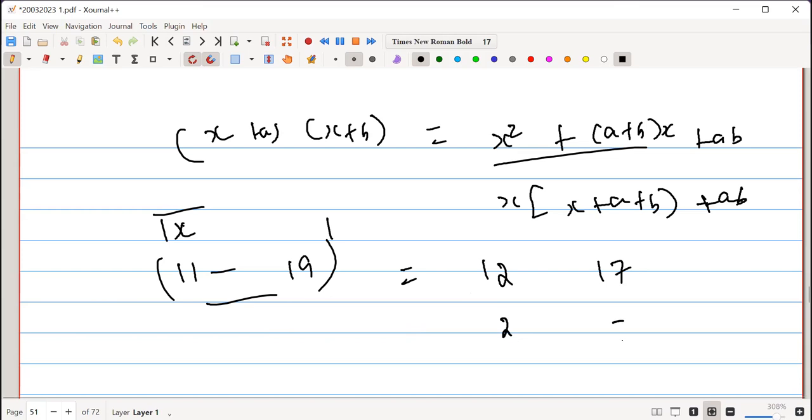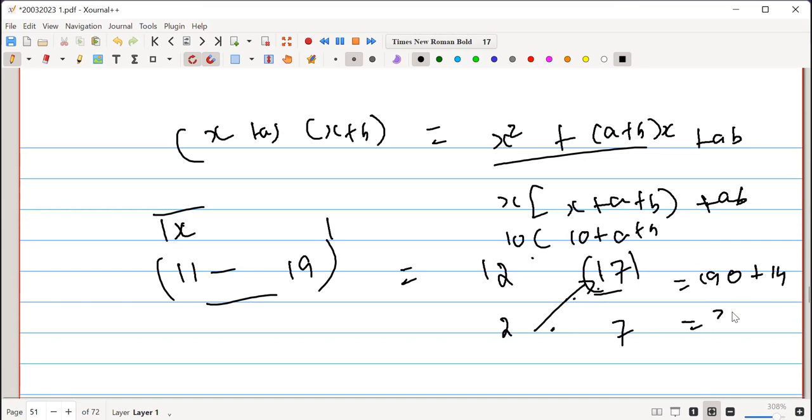It's how I get the two numbers 12, 17. 2 more than 10, 7 more than 10. These numbers with a big number, beginning 19. It means 190. Here 10 into 10 plus a plus b is already being done. Plus 2 is 90. Plus 14. Writing this 0, 0, 1, 4 and equal to 204